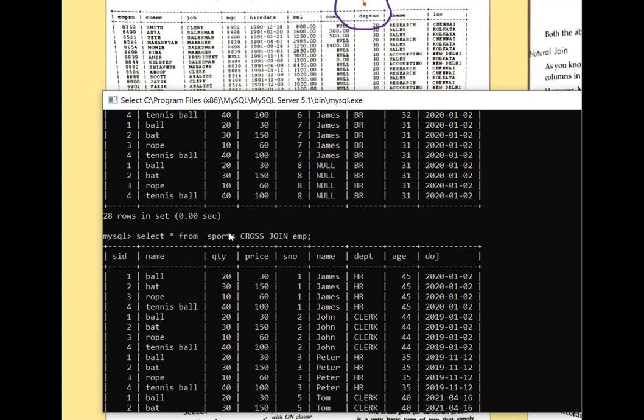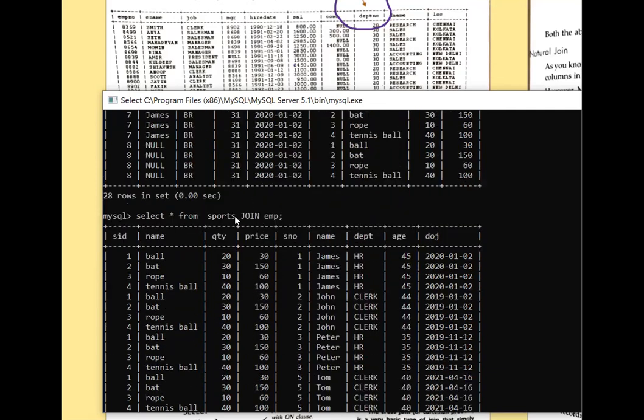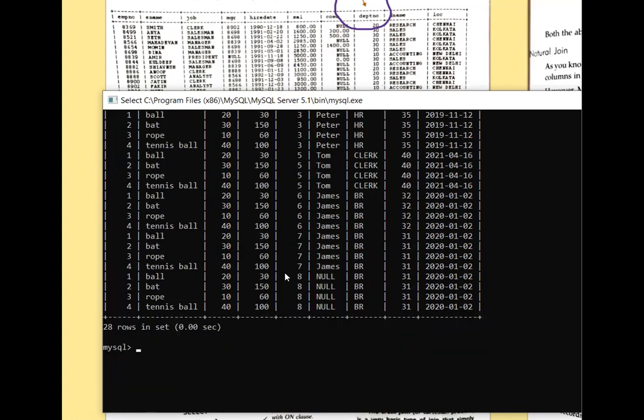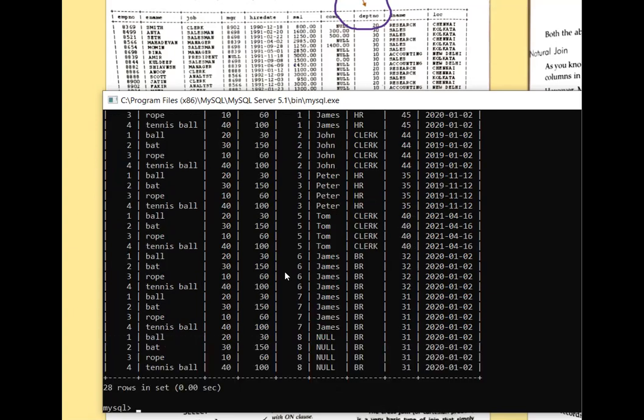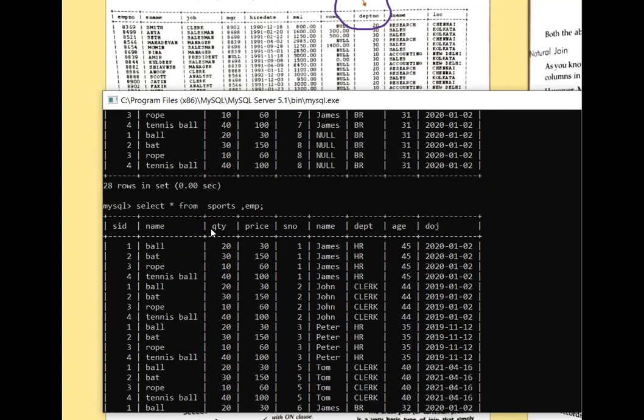Okay, so basically now what you have to understand, if you write cross join, then also you will get the same answer. If you are writing without writing cross, then also you are getting the same answer. Means by default the join is cross. And the third method, don't write anything, only write comma. Again I am repeating, don't write anything, only write comma, then also you will get the same answer.